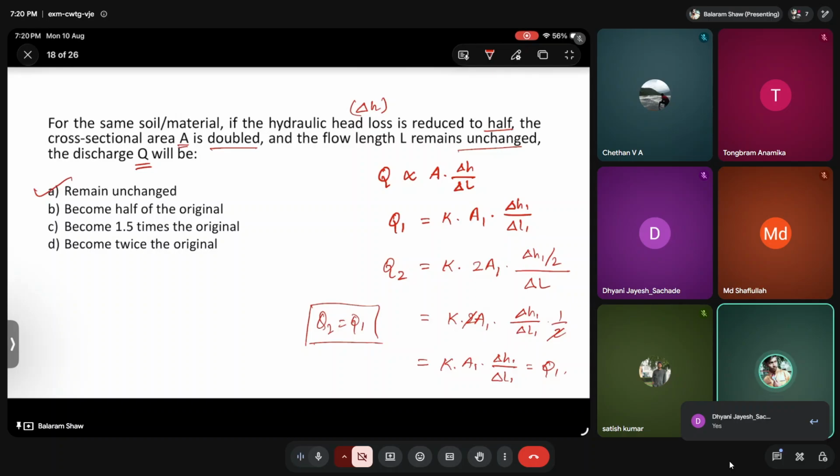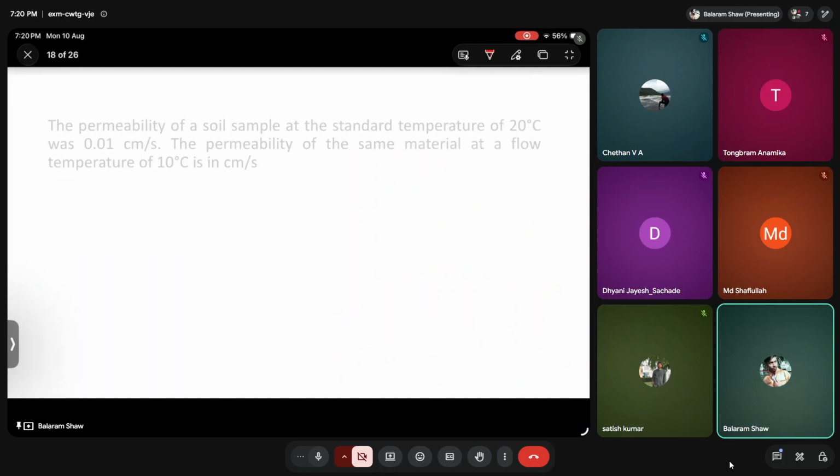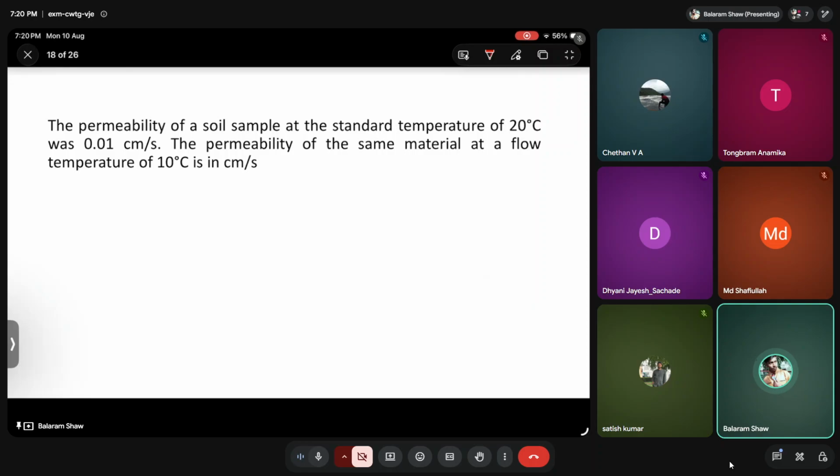If you have any question anytime, you can just ask me. So the correct answer is A. Next question. The permeability of a soil sample at the standard temperature of 20 degrees Celsius was 0.01 centimeter per second. Now, the permeability of the same material at a flow temperature of 10 degrees Celsius in centimeter per second will be,